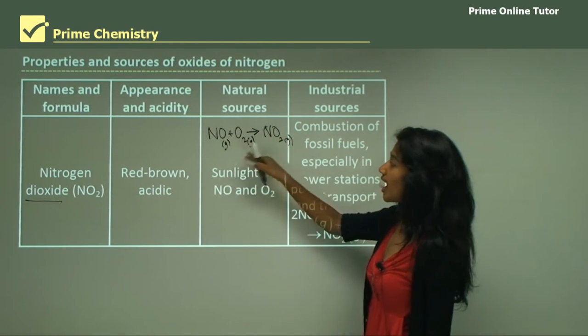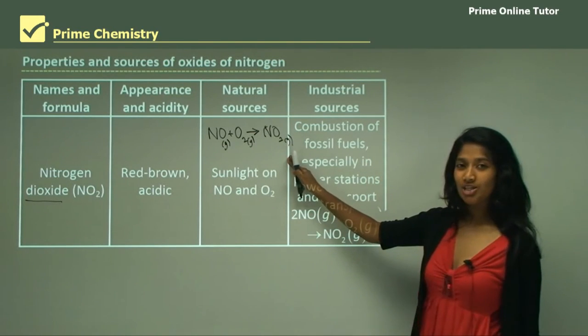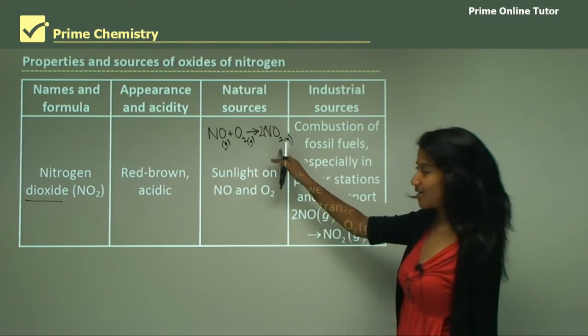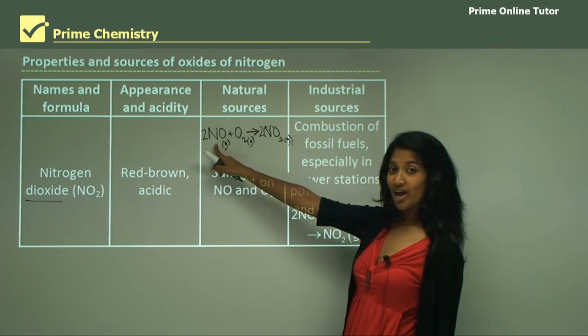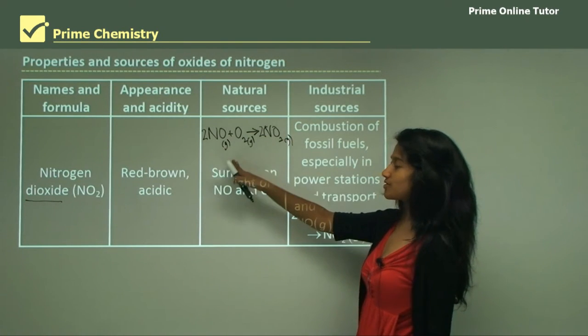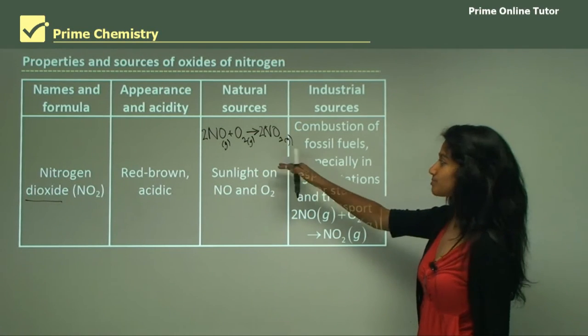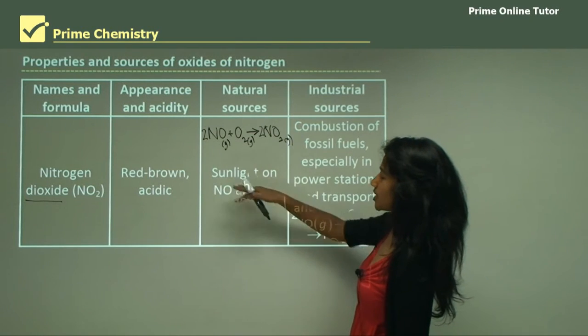So you can see, and you have to always balance the equation. We have 3 oxygens on this side, only 2 on this side. We would put a 2 here to get 4 oxygens on this side. And by putting a 2 here, we're balancing the equation because now we have 2 nitrogens, 2 times 2 gives us 4, which means we have 4 oxygens on this side,